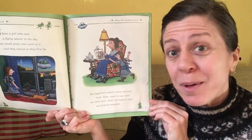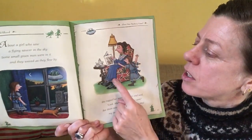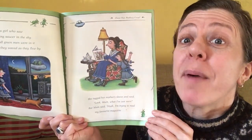So this time the rhyming word isn't book, it's magazine. Scene and magazine. And there she is. She doesn't want to be bothered by her daughter, no. She's reading her favourite magazine. About...